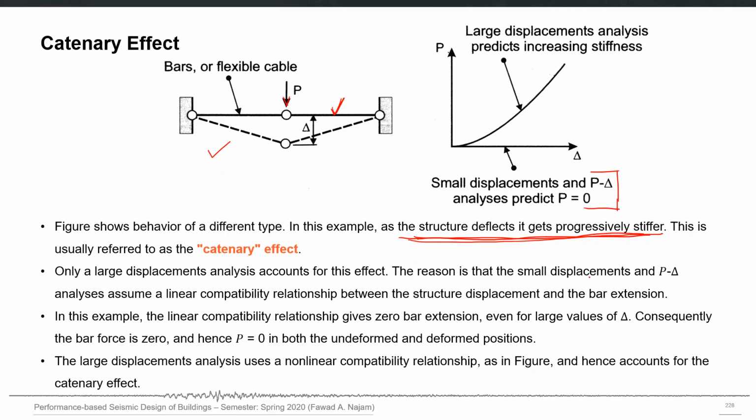The reason is that the small displacement and P-delta analyses both assume a linear compatibility relationship between the structure displacement and the bar extension. In this example, the linear compatibility relationship gives 0 bar extension even for large values of delta. So simply you will say that this point moves to this new point and the deformed length of the bar is the same as the undeformed length. So the bar force will be 0 for both the P-delta analysis and the small displacement analysis. The large displacement analysis, on the other hand, uses the nonlinear compatibility relationship